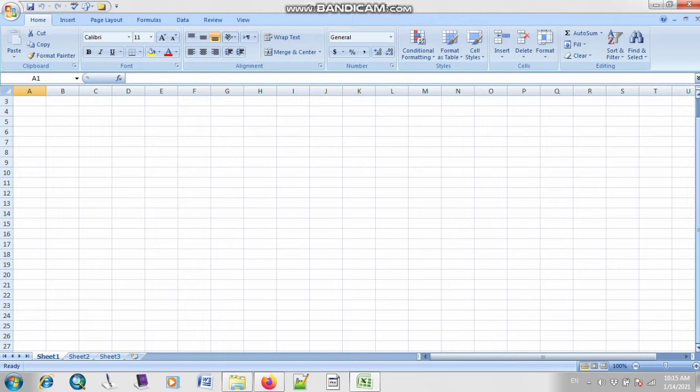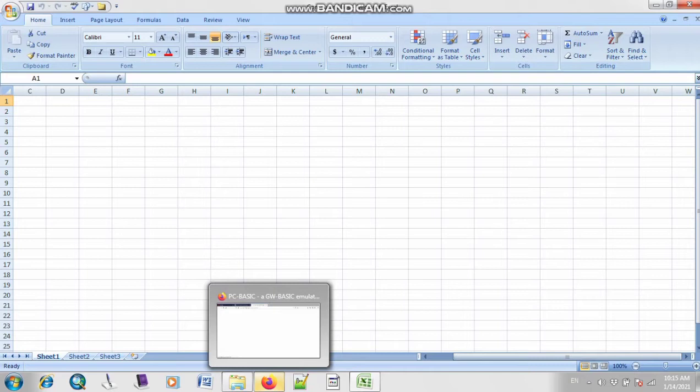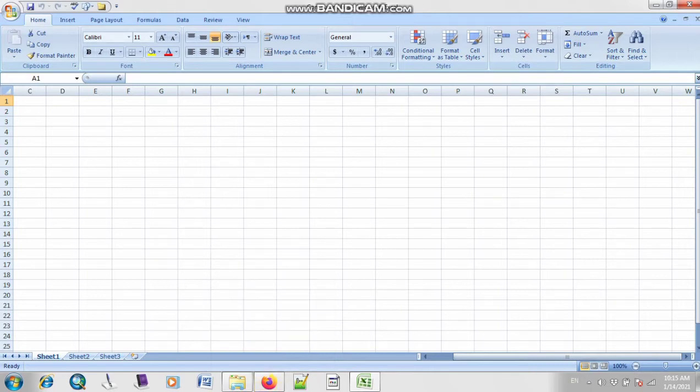So basically we have two scroll bars. The first one is your vertical scroll bar and the next one is your horizontal scroll bar. So this is known as your vertical scroll bar and this is known as your horizontal scroll bar. And then we have a new bar at the bottom of your document. This bar, as you can see, has written here Ready, and there is also a symbol of zoom in and zoom out. So basically this bar is known as your status bar.